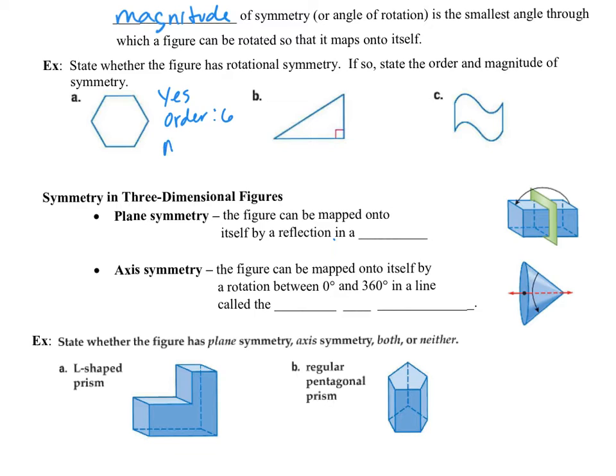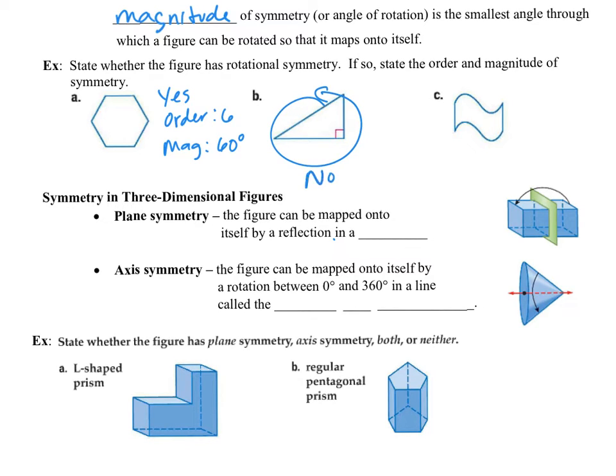And then the magnitude, if you take 360 and divide it by 6, that means it's going to map onto itself every 60 degrees, okay? The second figure, this right triangle, if we were to rotate this about the center of rotation, we would have to rotate it the entire 360 degrees before it would map onto itself. So remember the definition said it has to map onto itself between 0 and 360. So if you have to rotate the whole 360 degrees in order for it to map onto itself, then this